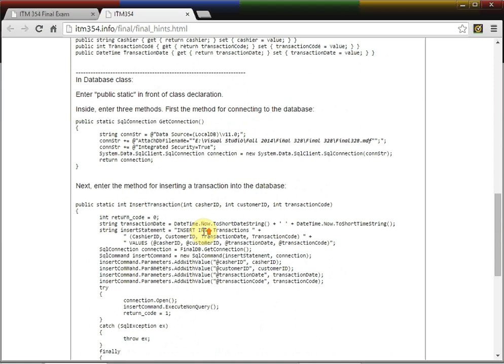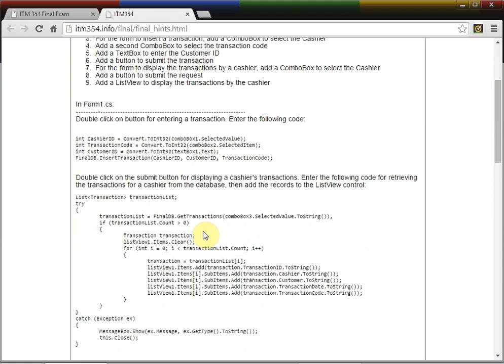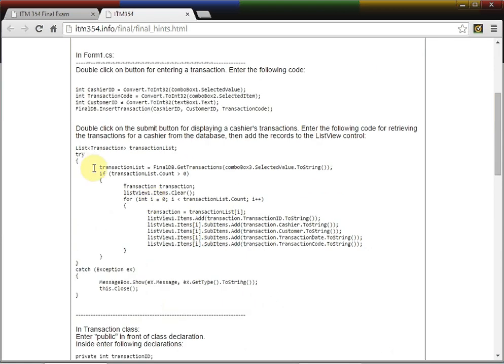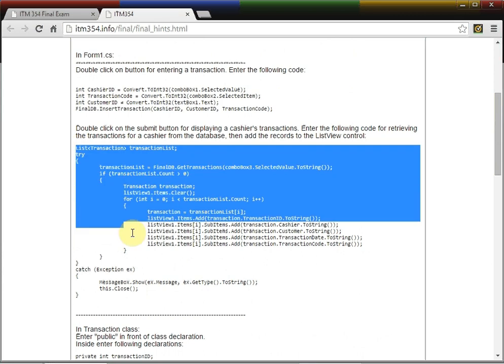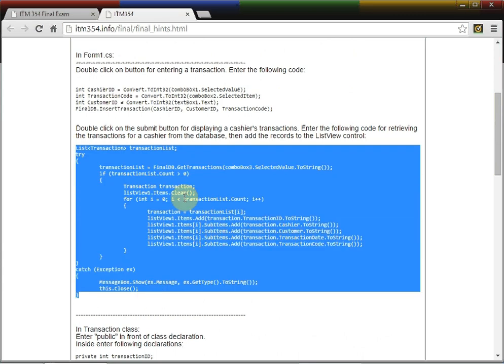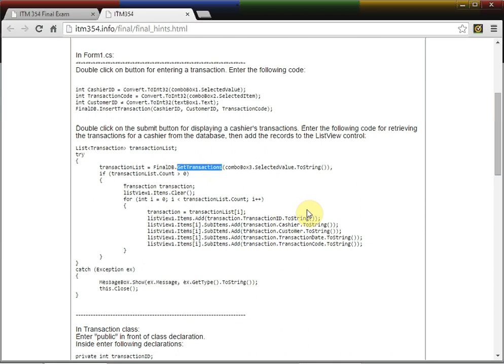and then when we double click, this code executes, which calls the get transactions method, gets the data, and loops, storing each record into the list view. And then that displays the list of transactions. So we can copy this